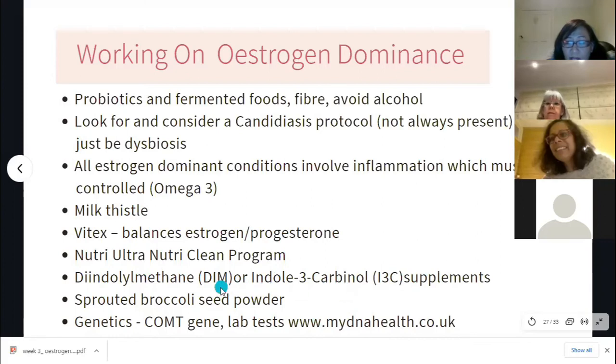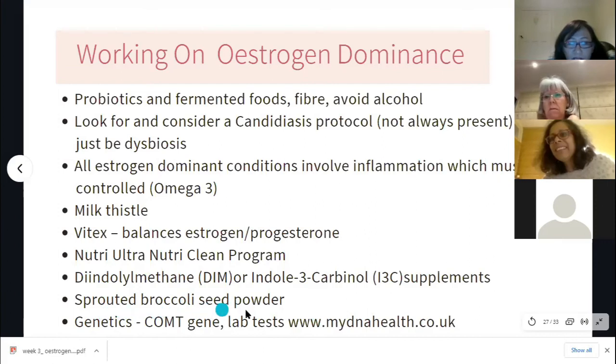There are some supplements with a bit of both, which you can use, because if you can't break down the indole 3-carbinol, then you're not potentially going to get the benefit of the broken down product, the DIM. But the indole 3-carbinol is active on its own. It can support the liver on its own anyway, but the broken down product also does its own job. So it's kind of nice to have a bit of both. But I think it's not really an issue. You pick one or the other and sort of get on with it, rather than spending too much time trying to decide what to do.